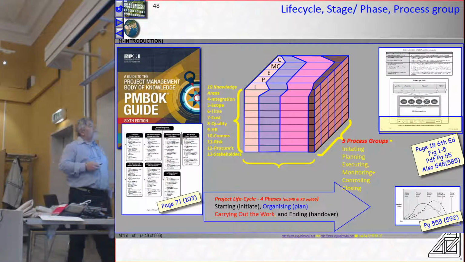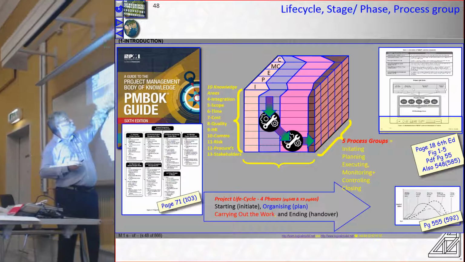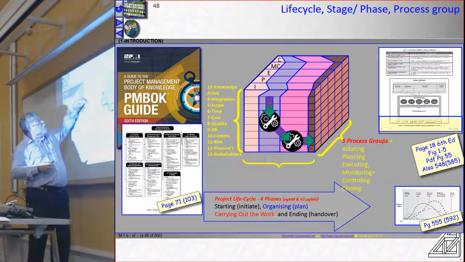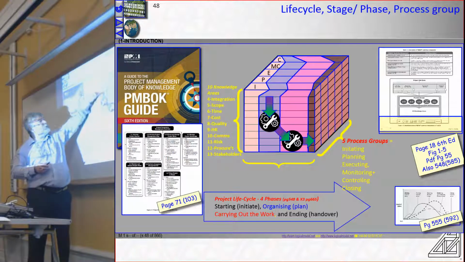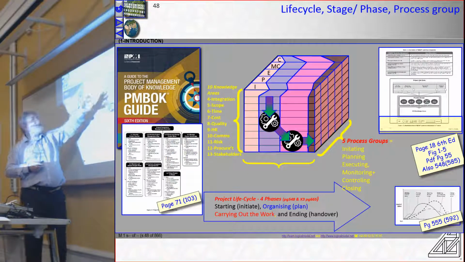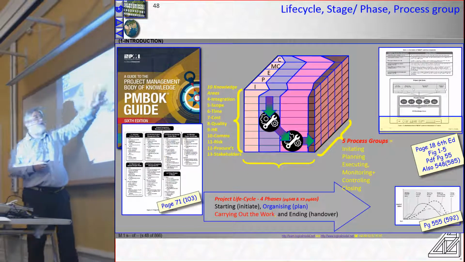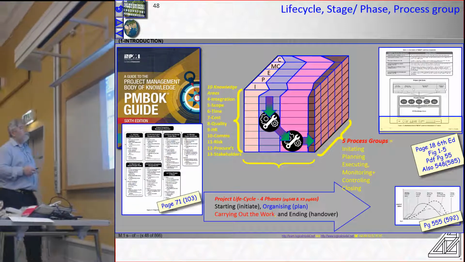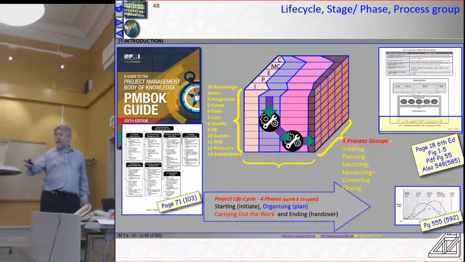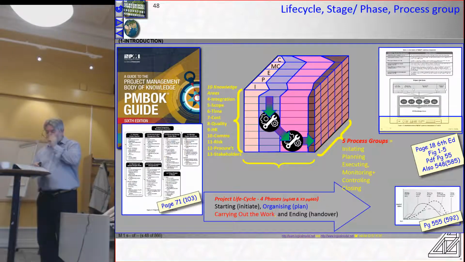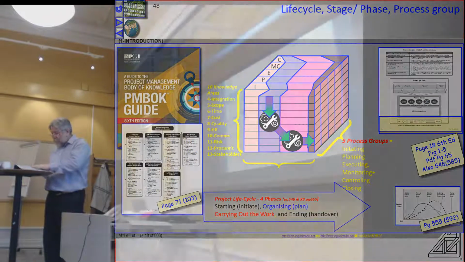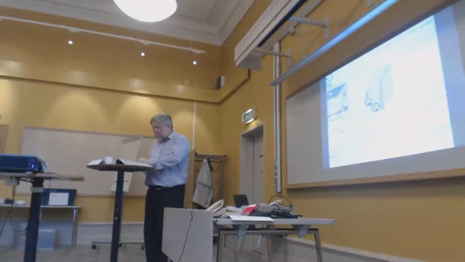And then the bit that we've also been looking at is to say, well, if each of the knowledge areas is full of processes, and a process is a set of tools and techniques that receives an input, generates an output that is then the input to the next tool and technique. So this is the picture, the context that we need to understand in order to be able to put in place what page 18 is telling us about the relationship between these things, and page 19, where it talks about